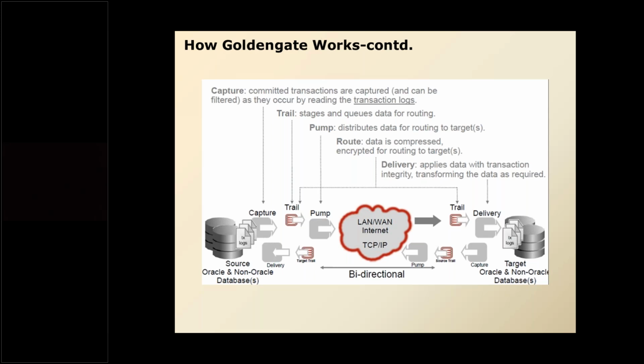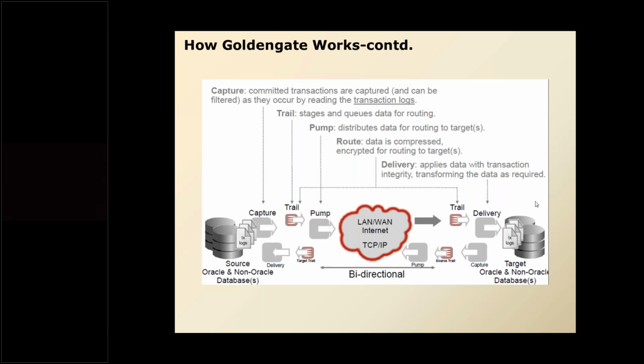So when the replication was happening from site A to site B, you had capture, pump, and delivery. So capture process was configured on site A, pump process was configured on site A, corresponding replicate process was configured on site B. Now when you have to replicate the data from site B to site A, what happens is